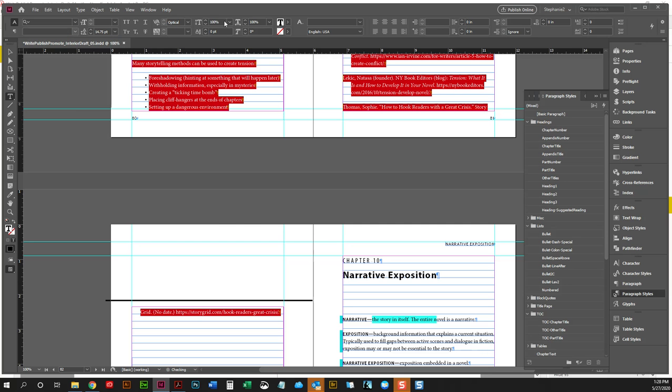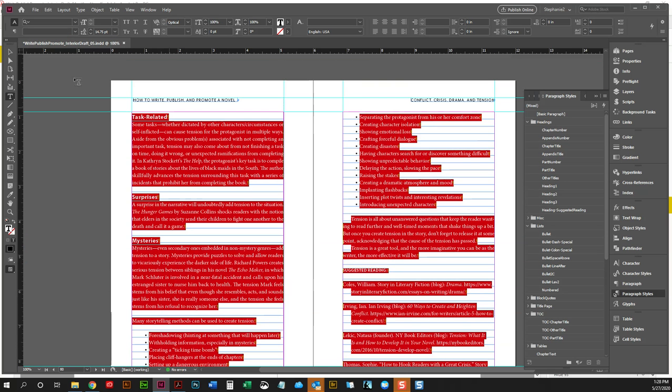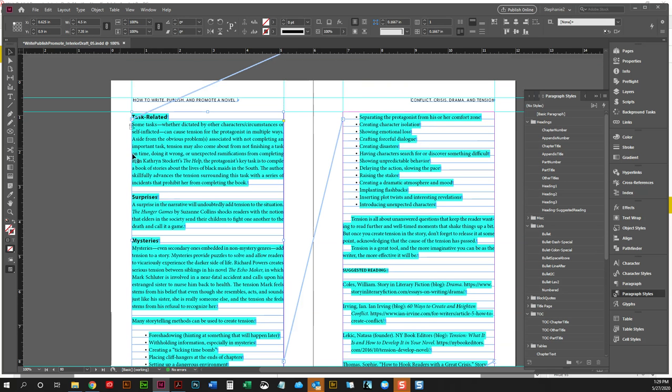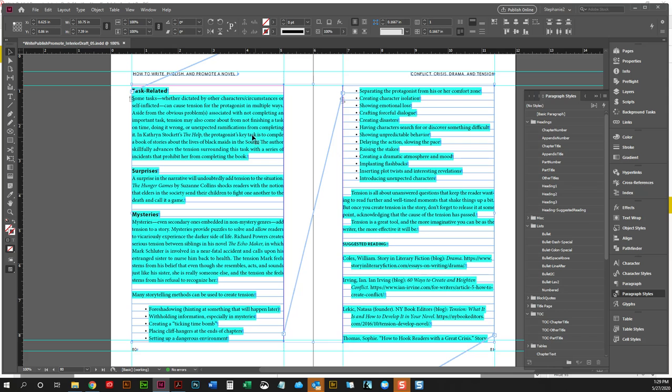All right, now it's going to look funny at first. It's not going to make any changes, and that's because our baseline is still set to 15. However, we can set individual text frames with a different baseline, and that's what we're going to do. So I'm going to select both of these text frames. No other text frames is selected,